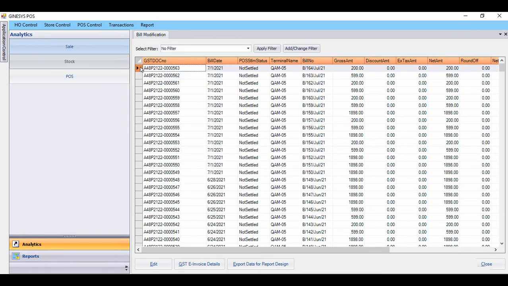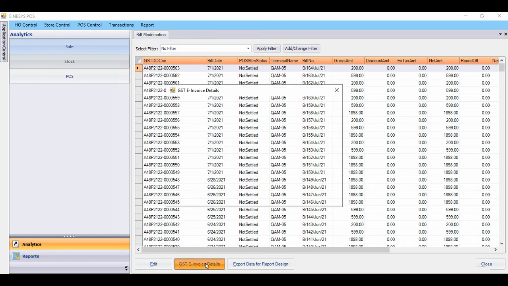Another point, for a document for which you have generated the IRN manually in the EaseMyGST portal, post version upgrade, you will have the option to cancel the IRN via the integrated process. Let me show you how. So for this document, I have already generated the IRN manually in the EaseMyGST portal, and now I will cancel the IRN for this document via the integrated process.